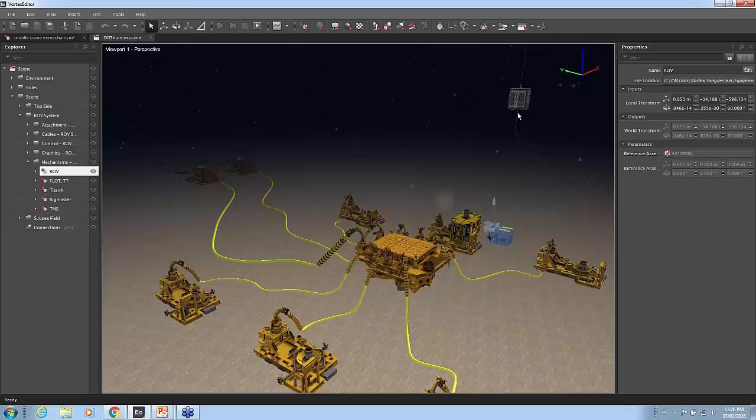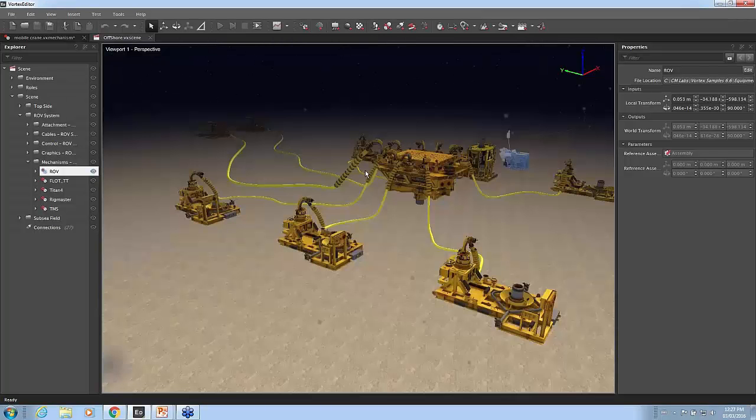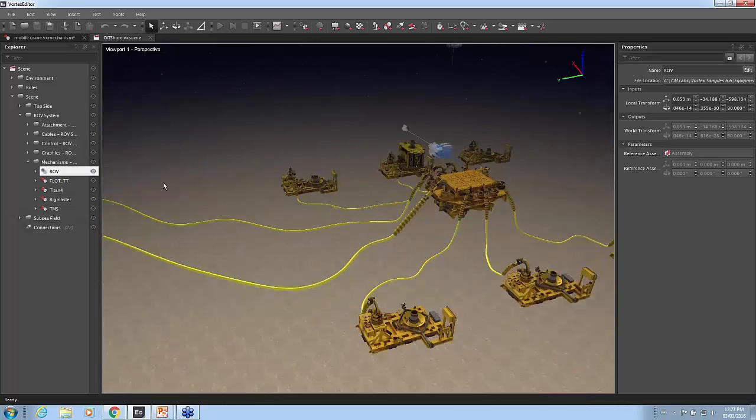We also have a second cable here, which is a flexible cable that goes down from the TMS to the rover. We have catenary cables here that are used to do the risers between the surface ship and the subsea module. And finally, we have the pipelines here, which do not move, but are actual pipes created with the system. So as you can see, you can create very complex mechanisms